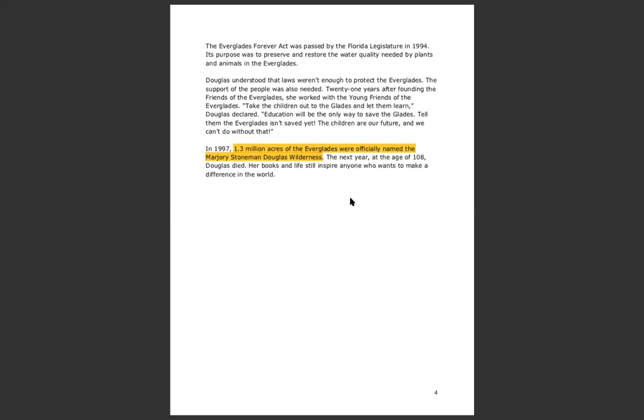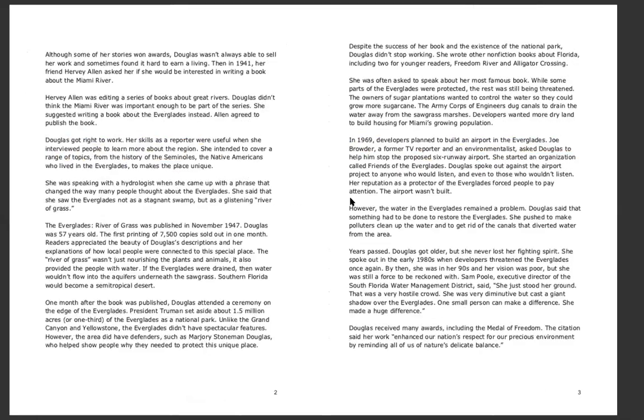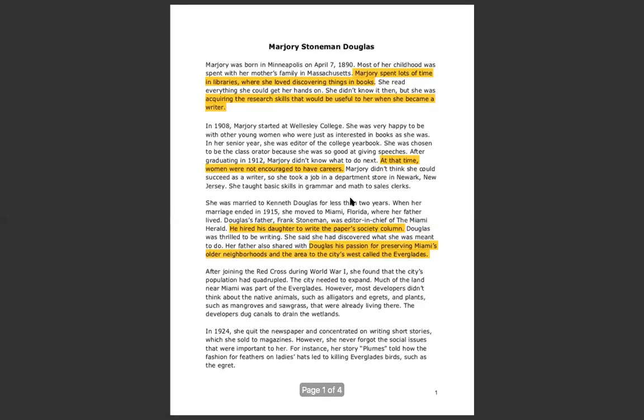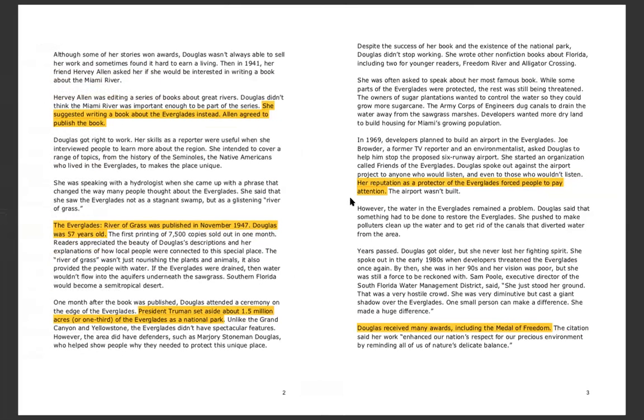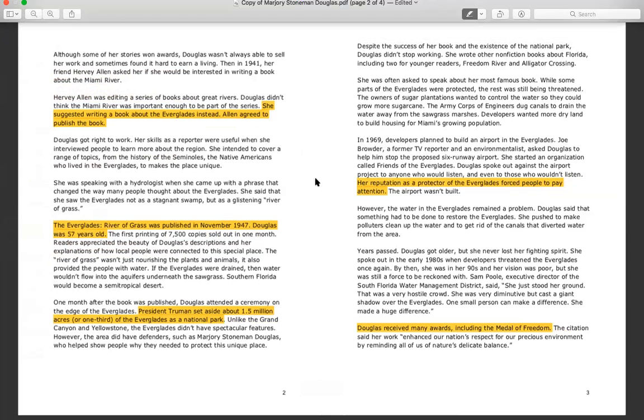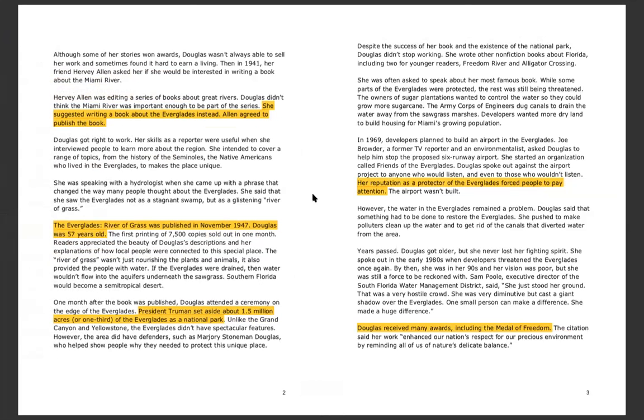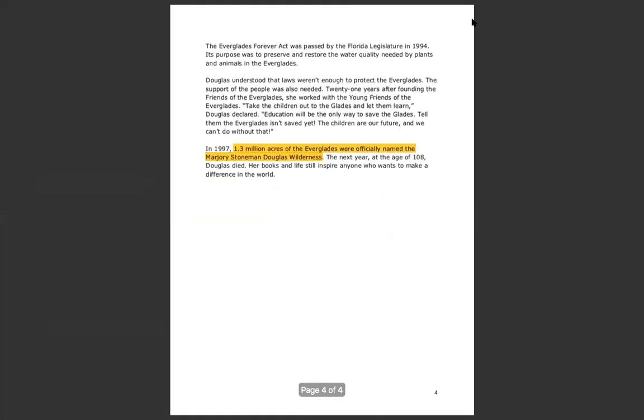Okay, so notice how this was a long text, right? And we went through and highlighted the things that we thought were important, right? So as if I were doing my YouTube part where I'm typing in what I was reading in the text, I'm going to make sure that I am including the details that I think are the most important.